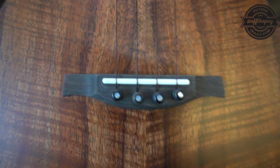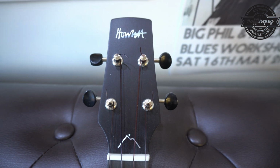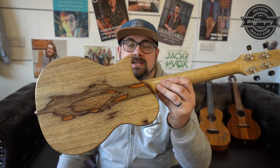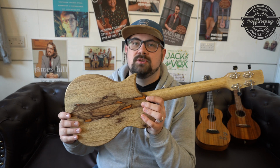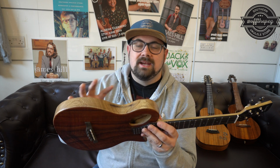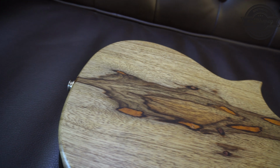who is a half UK, half Hawaiian based builder in his own right that only logs felled trees from his holdings in Hawaii. The back, or I should say the body on this instrument, is a really lovely piece of spalted Karina. Karina is a wood in the instrument industry most commonly recognised as being something used by Gibson on a range of electric guitars. You know, Karina is a very resonant and thick sounding wood, and this also has a Karina neck, which you